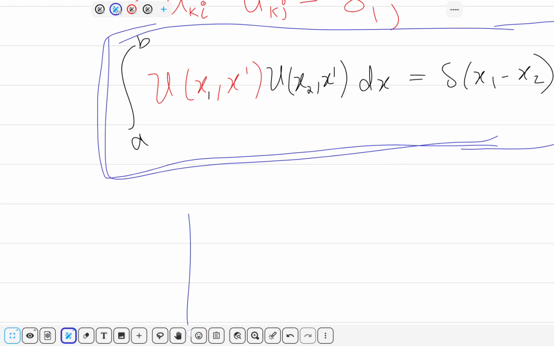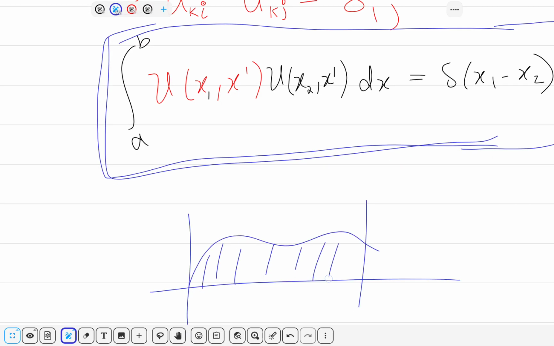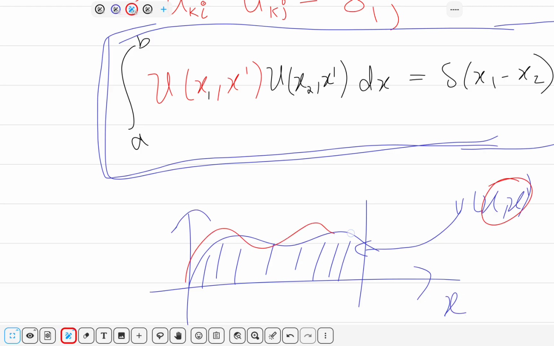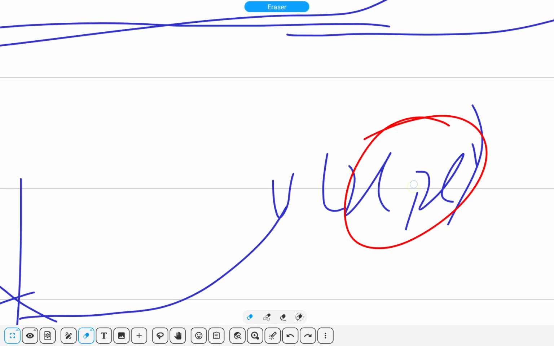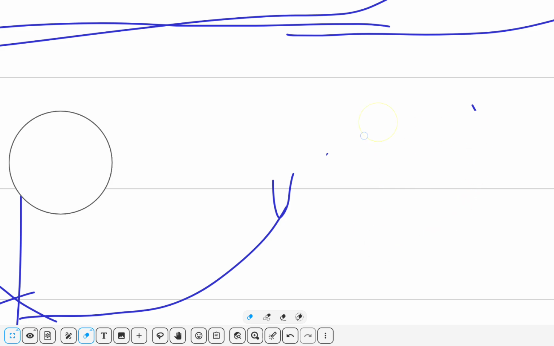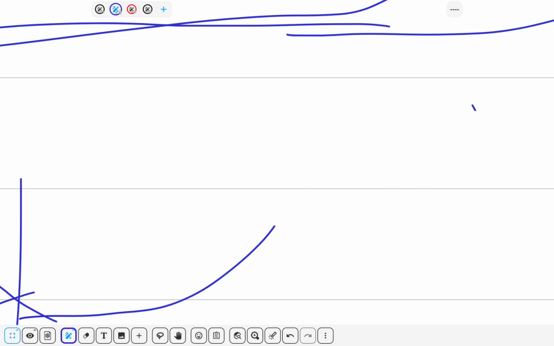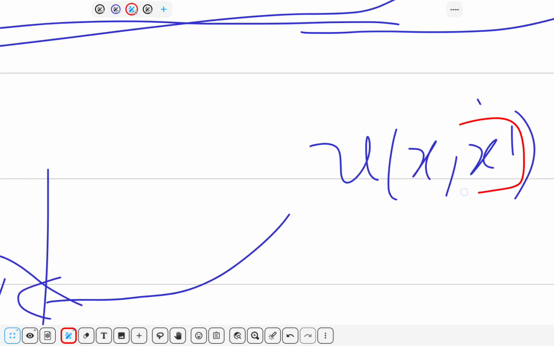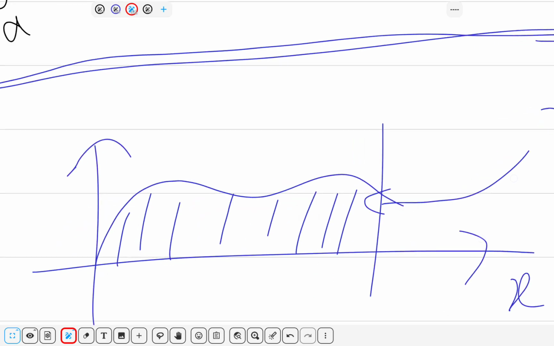So what this is saying is, if you have this function u, whatever this function is, I need some u, that is u of x and x prime. Also, if I change the x prime, the shape might vary a little. I'm just keeping the x prime fixed, and let me write this neatly. Basically you have u of x prime, and let's keep this fixed. So this is telling me that